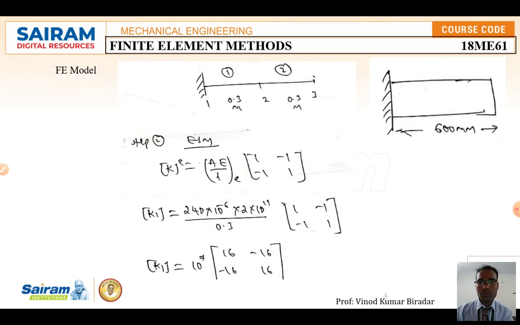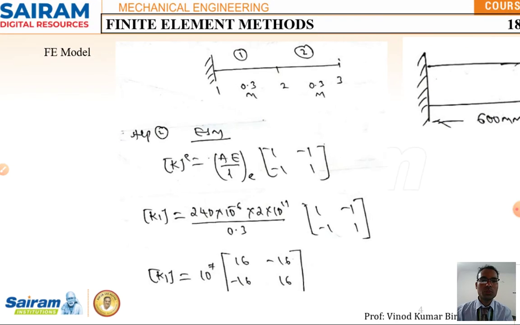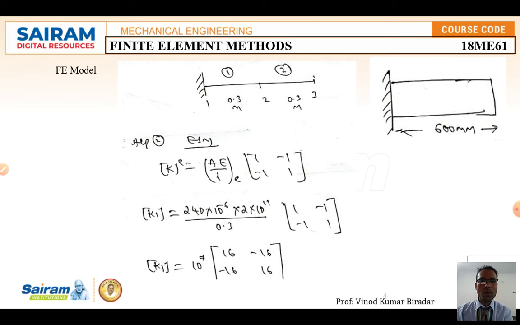Now the first step is to draw the finite element model, where one end is fixed. This is the given diagram, so comparing with it, you have to redraw the finite element model. One end is fixed, and they are telling 2D elements, so consider exactly half. Node number 1 to 2, 600 becomes 300, and converting this to meters, 0.3 meter for the first element, and the second element is 0.3. The first element consists of nodes 1 to 2, the second element consists of nodes 2 to 3, with 0.3 and 0.3.